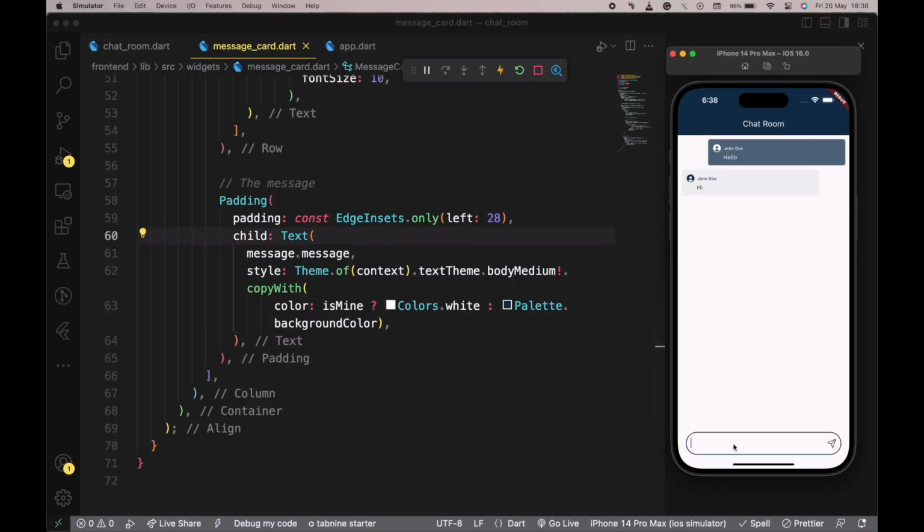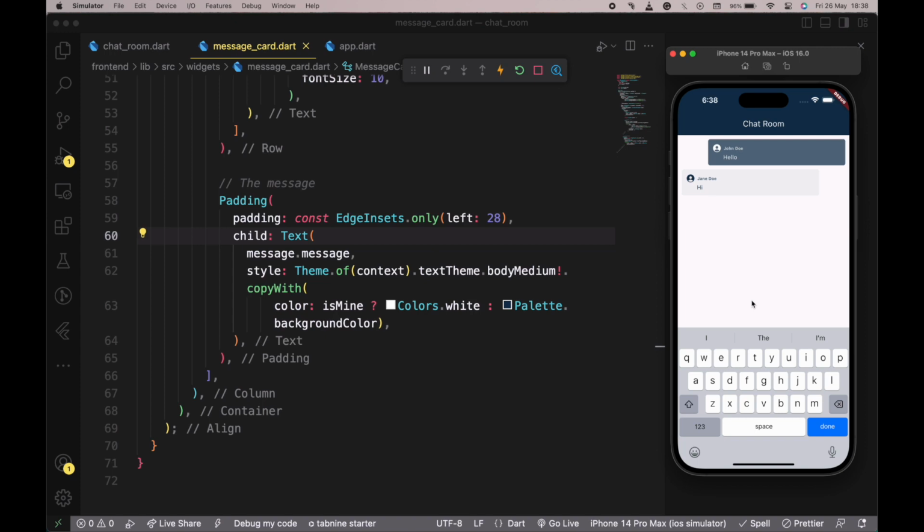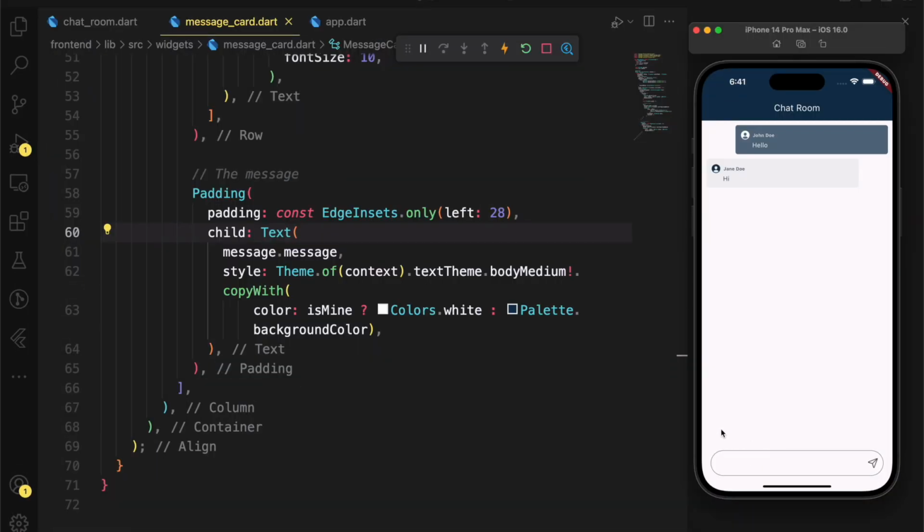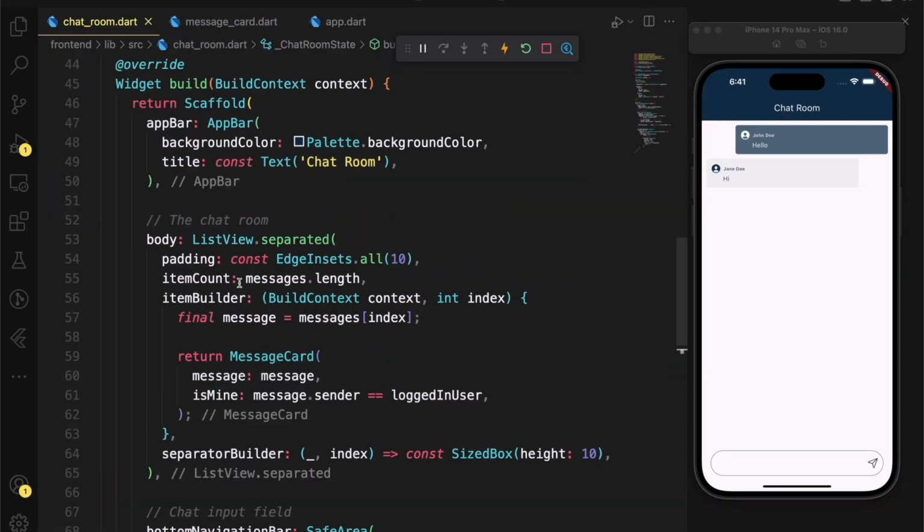All right, let me show you something that we need to fix. If I click on the keyboard, toggle soft keyboard, and I have the keyboard open here, you see that we don't get to see the input field at all again. And that's not the behavior we want. So what we're going to do is try to fix it.